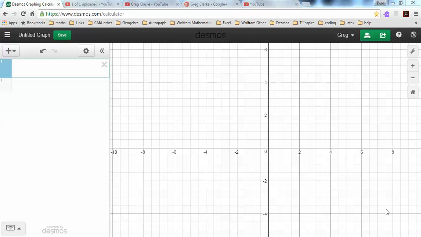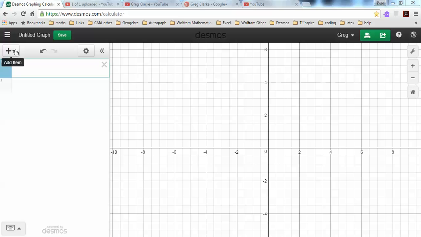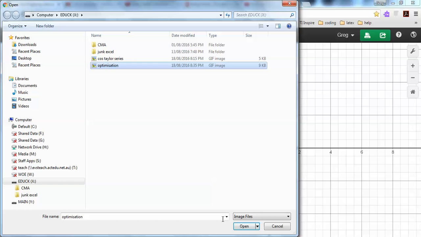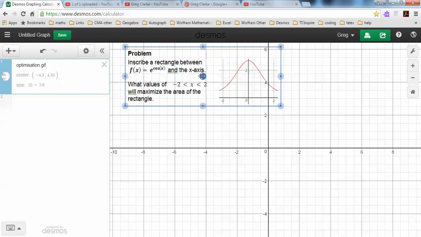Here we're going to use Desmos to simulate what's going on with the optimization problem with calculus. So first of all, I'm going to load in an image that has the details of the problem. So we've got that there. So here it is. Let's just place this up above,